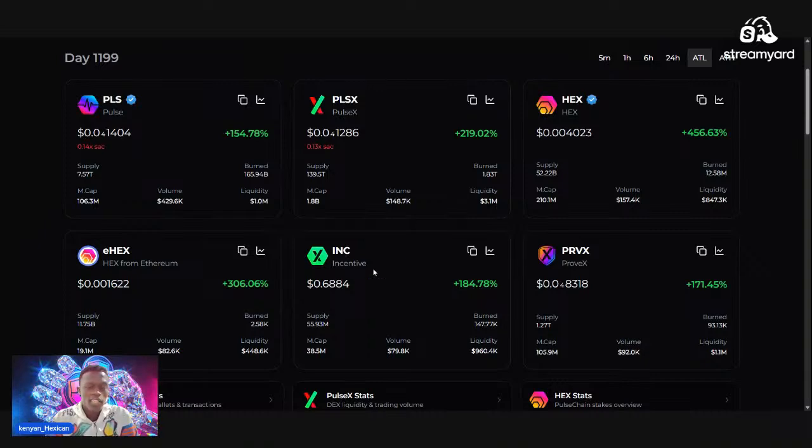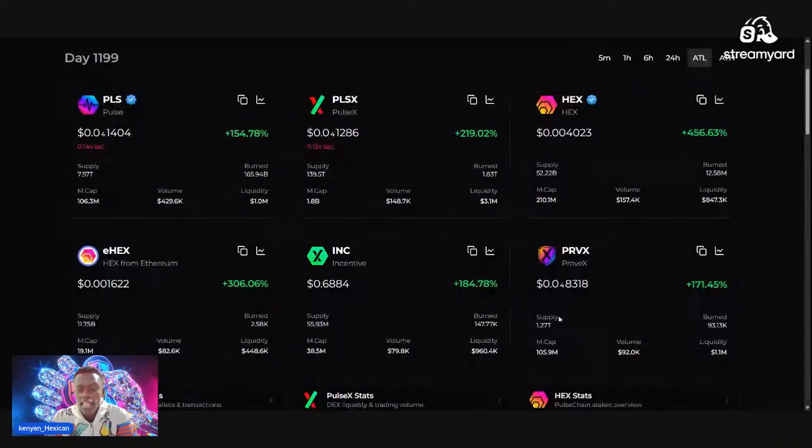Now the other token is the incentive token, the INC. INC is the token that you get incentivized with once you provide liquidity in the Pulsex liquidity pools, or if you become a validator in the ecosystem. You can see its price is trading at 0.6884 US dollars. Okay, so again, price is moving quite up, because from the low it has gone up 184.78%. Again, the metrics, the supply, the market cap, the volume, and the liquidity, you will be able to see all